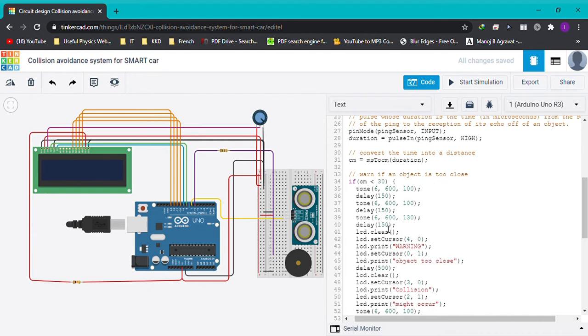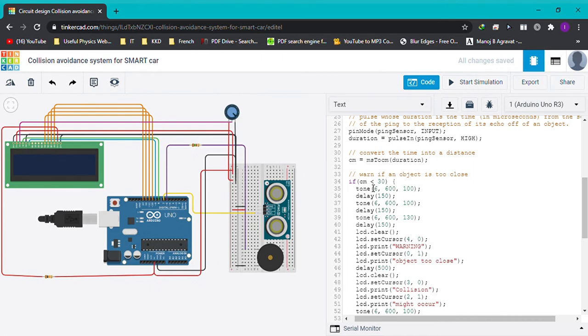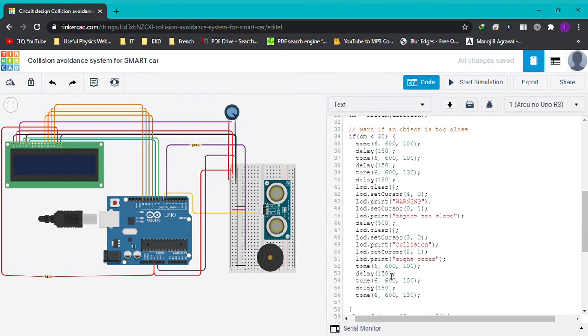Now we go to the main program. The system will warn if an object is too close, if it is below 30 cm. If the object is detected nearer than 30 cm, there's a tone set with a frequency of 600 and a duration of 100 with a delay of 150, as an auditory warning, and the LCD will first be cleared,